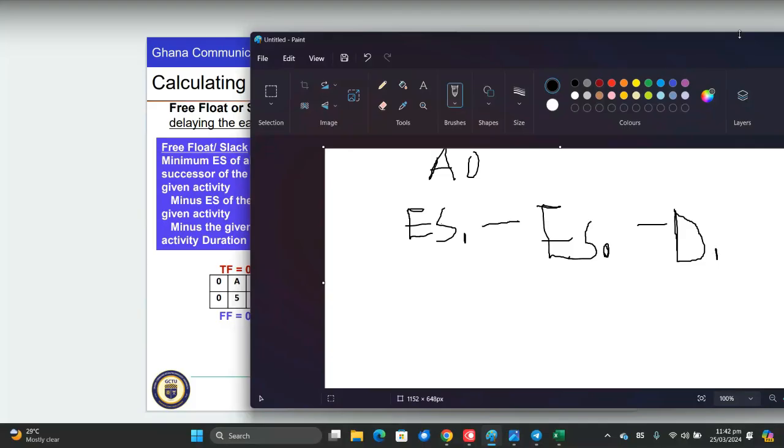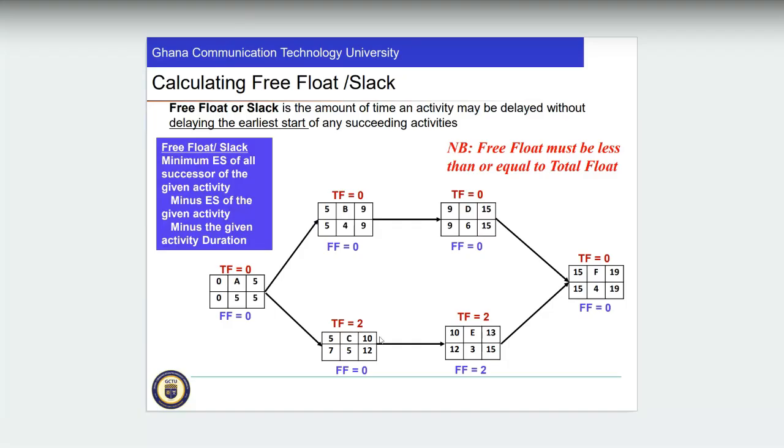This is what I'm trying to put up in here. Assume this is activity one, activity zero. So the earliest start of this is 5, and the earliest start of activity zero is 0. So 5 minus